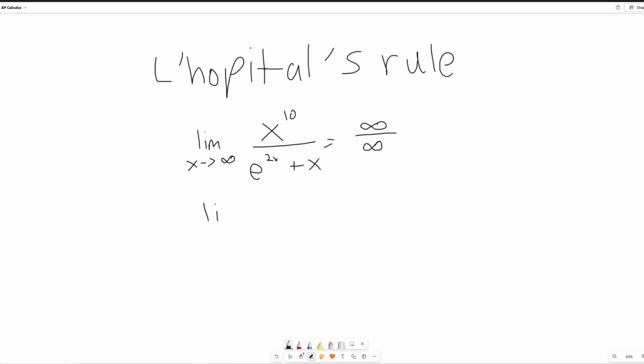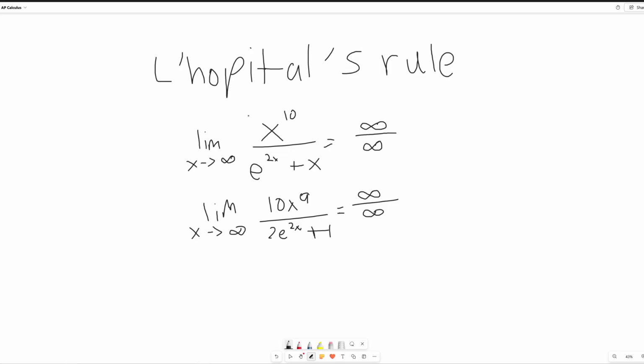So, limit as x approaches infinity of 10x to the 9 over 2e to the 2x plus 1. Wait a minute. This is still infinity over infinity. And this will keep being infinity over infinity. So, what do we do? Well, you could take the L'Hopital 11 times, right, to get rid of this. But